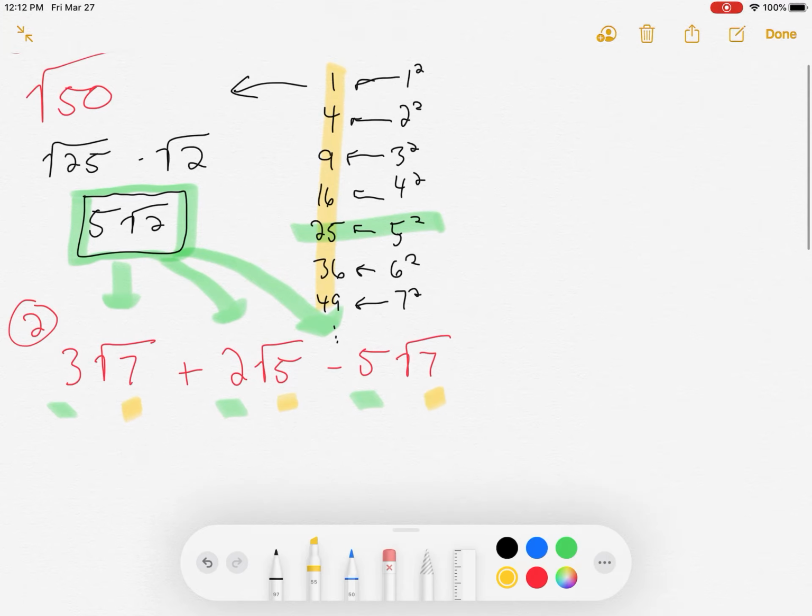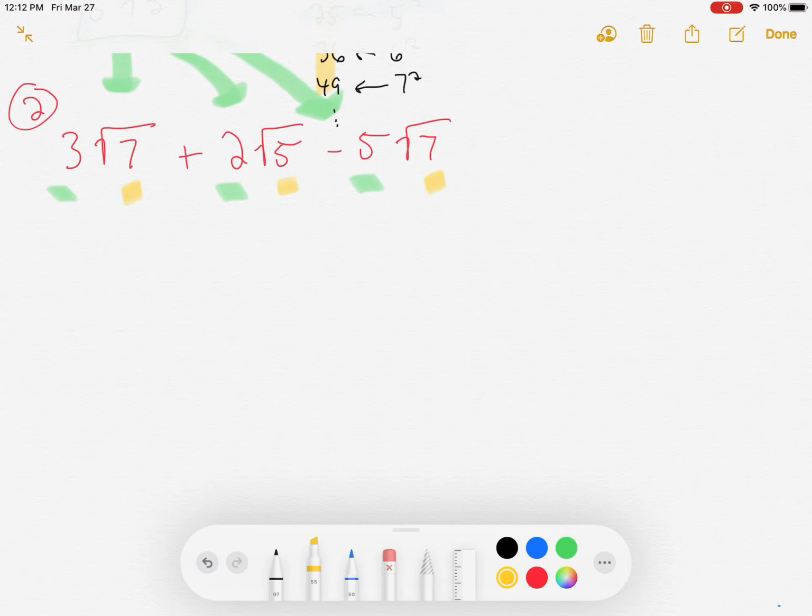Now, you can only combine terms with the same numbers inside the house. So if you're looking right now, you should say, okay, well, my numbers that are inside the house are the same, 7 and 7. So these are like terms. They have the same number inside the house. So the way I think about it is, well, if I have 3 somethings, like 3 square roots of 7s, 3 x's, 3 y's, 3 whatevers, and I take away 5,